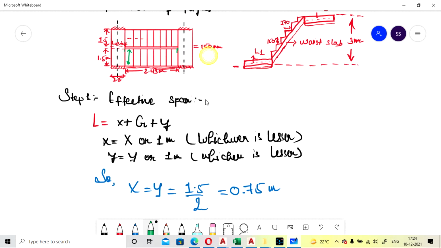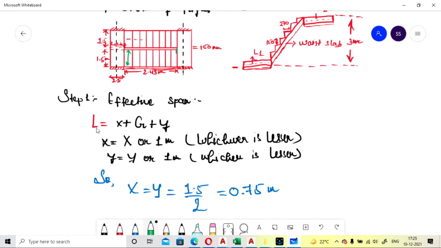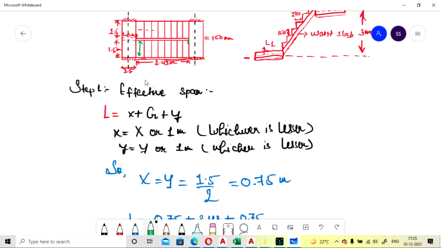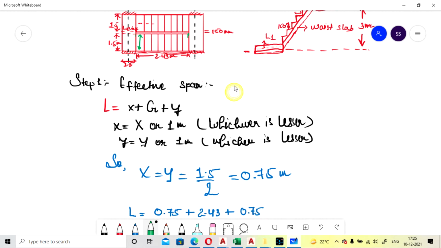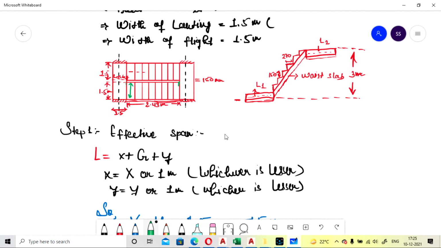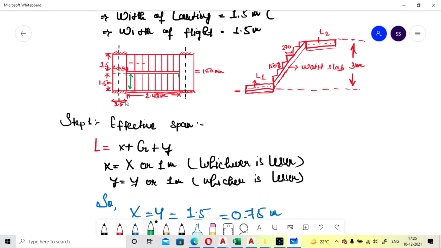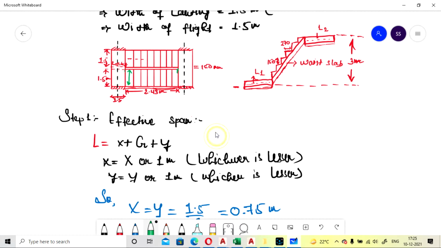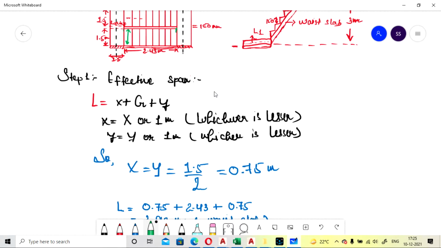So this will be your formula, L is equal to effective length is equal to x plus g plus y. Okay, so x will be x by 2, g will be total going length, and y will be landing 2 half length. Okay, so here total length is 1.5, so its half will be 0.75.